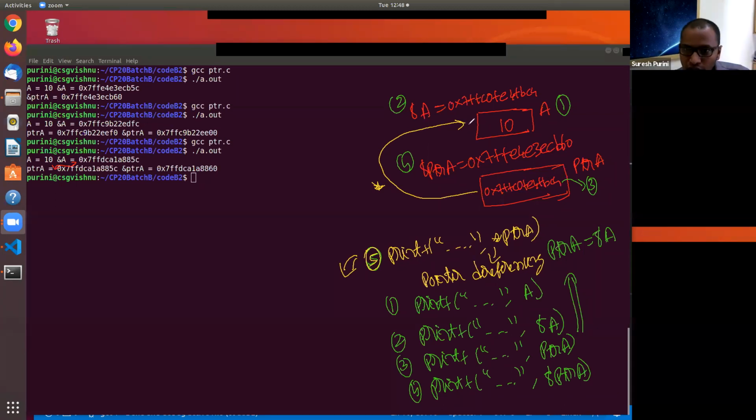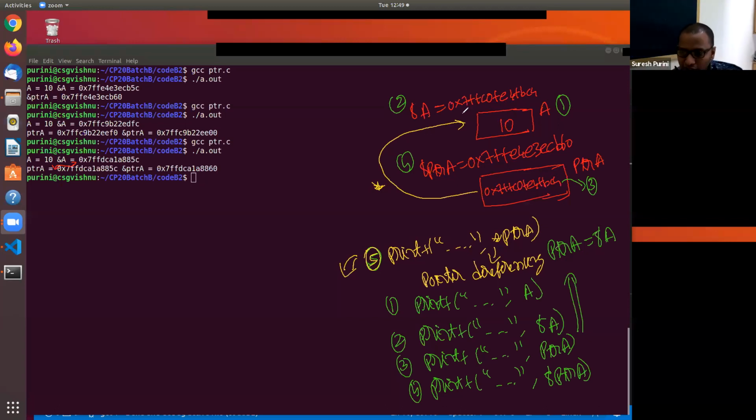We jump to this location, and the contents of this location will be printed. It's like a treasure hunt, right? You go to a place, it gives a hint, and you go to the next place. So applying star is like going to the address that is present in the ptra variable, and from there you print the value.